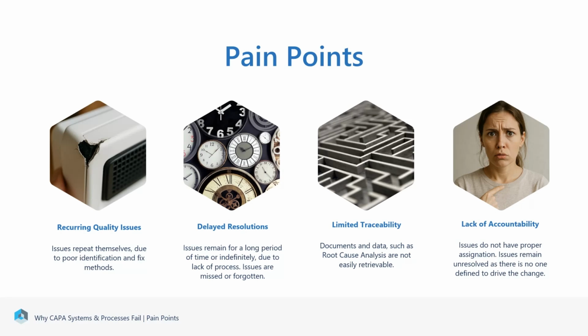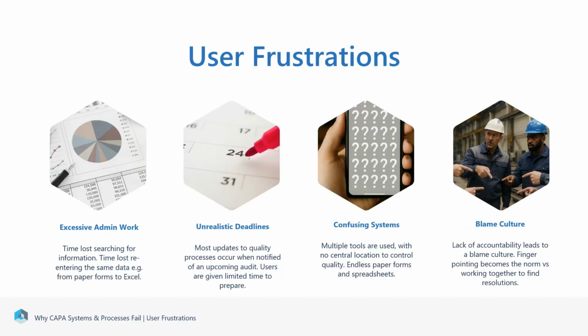Obviously, we don't want to get into the political side of things, but we want to make sure that someone takes accountability and someone fixes that process end to end, because quality is key. This also causes user frustrations in an organization. So there may be a lot of excessive admin work that takes place. This may well be that someone needs to fill in a paper-based form, and then they need to retype it into an Excel sheet, and they need to send an email, and they need to go and have a meeting. So all of this admin work can take time from someone's day.